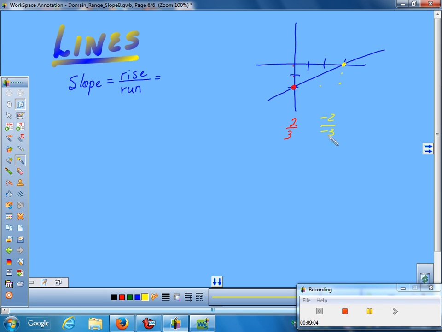I assume that slope is not a revelation to you. What we fail to do, though, when we teach you lines, is make the connection with what a line tells us about things in the real world. We actually use lines a lot in the real world. Slope is nothing more than telling you the rate of change of something.